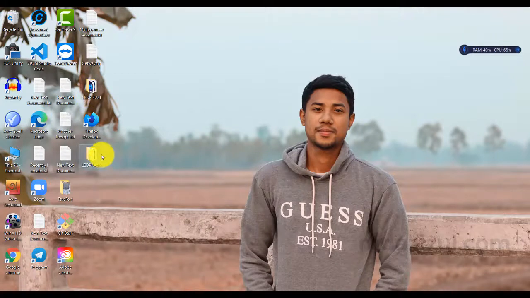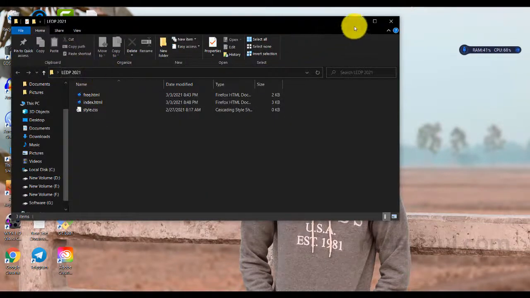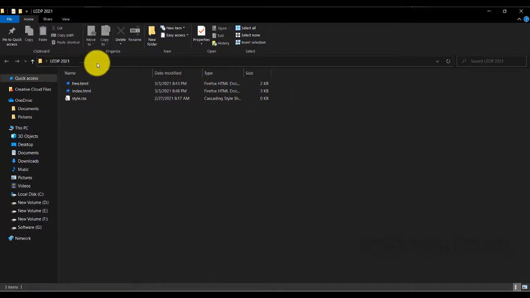First of all, you have to select the folder that you exactly want to open in Visual Studio Code. For example, I want to open this folder in my Visual Studio Code. So I just open this folder. And here, as you can see at the top, you have to double